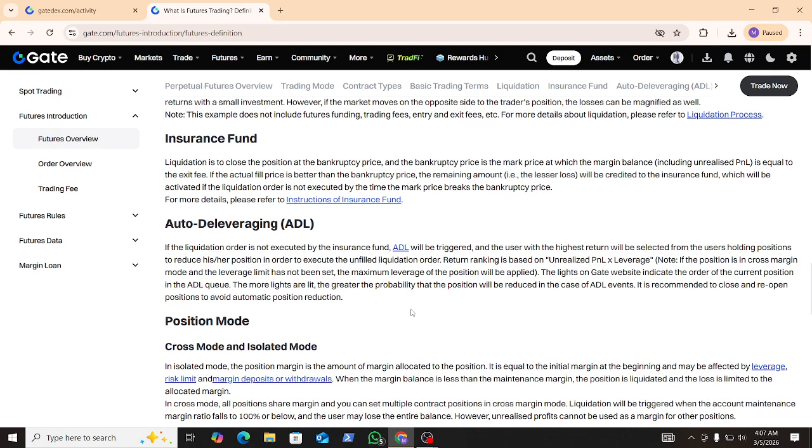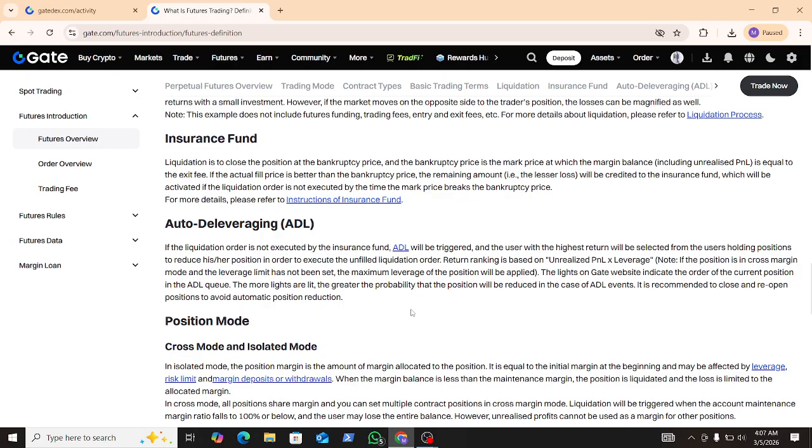Insurance fund. Liquidation is to close the position at the bankruptcy price. The bankruptcy price is the mark price at which the margin balance, including unrealized P&L, is equal to the exit fee. If the actual fill price is better than the bankruptcy price, the remaining amount, a lesser loss, will be credited to the insurance fund,